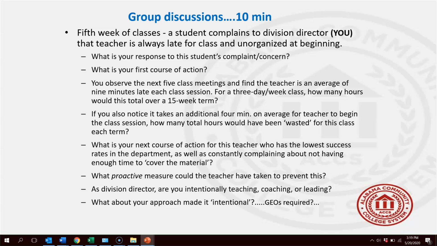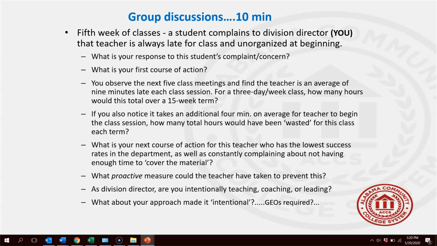And as with any conference, of course, you'd call them in and say, hey, what's going on here? Student complained about this, just checking. The first thing this one said when I met with them was, oh yeah, I had to go back home and get my keys one day and I was late for class. I pulled out my sheet and I said, well, unfortunately, I observed the last 6 class meetings and every single one of them, you were late an average of over 9 minutes. And then immediately her tone changed. She says, where do I need to sign? And then I said, are you going to be able to correct this or do I need to help you out? She said, I can take care of it. Problem solved. Let's move on to the next.